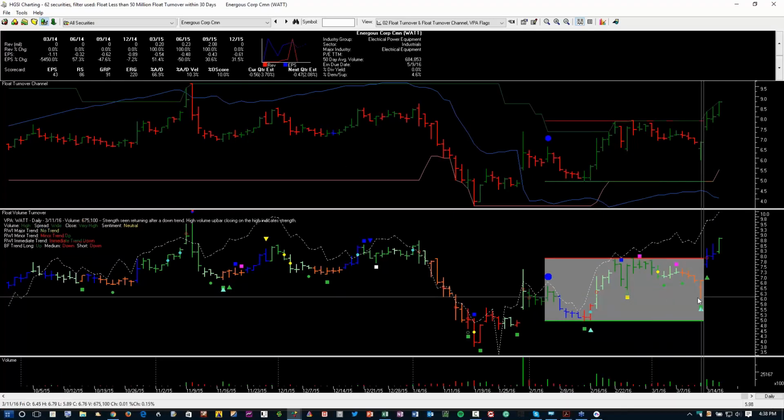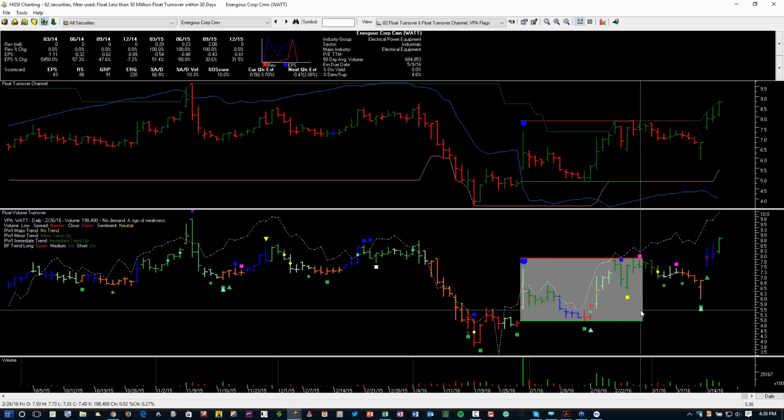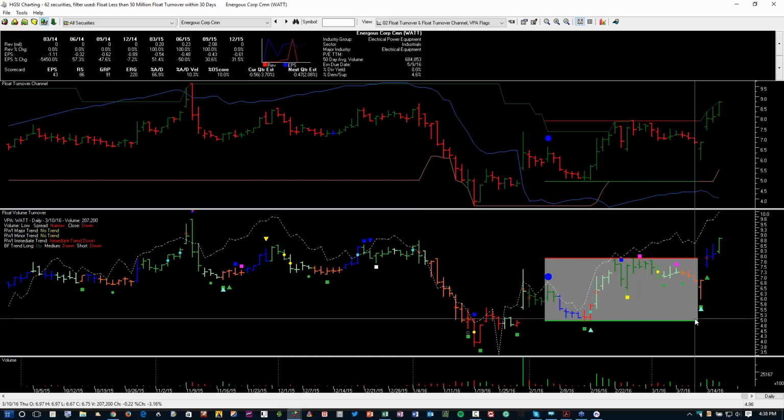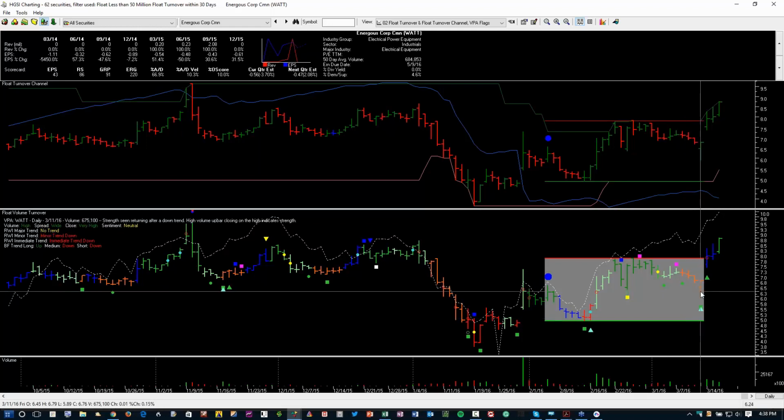Now, this is a pretty loosey-goosey stock, as you can see. During this turnover period here, right here up to this point, and I'll freeze my screen, you can see that between here and here where it turned over, it came up nicely. Look at the VPA signals on this stock coming off the bottom right here of this